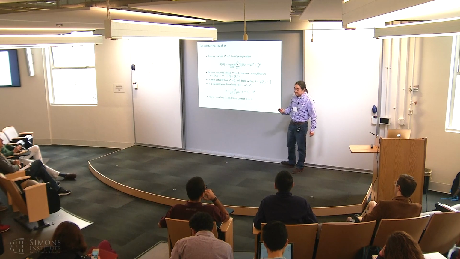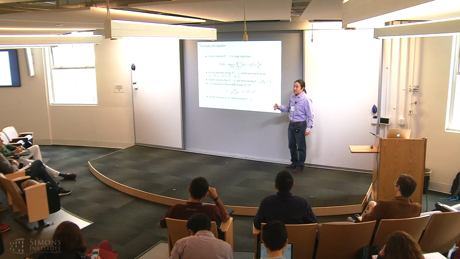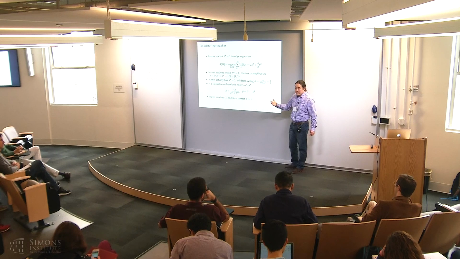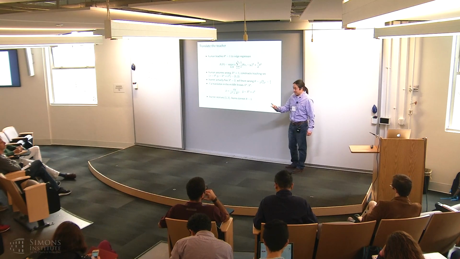Now you have to define or extend the notion of optimality. You can do average, but what we did is minimax. So the worst student would have some kind of performance guarantee. And if you do that, you can still solve things in closed form for this learner at least. What you see is, number one, the teacher is teaching in the middle. It's teaching the middle student. And second, the effectiveness of teaching worsens if you have more academically diverse students in the class, which I think agrees with our intuition.